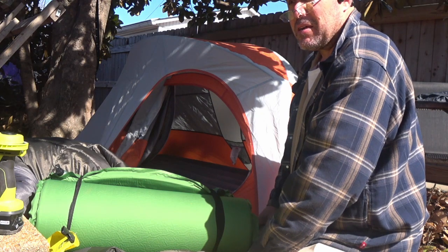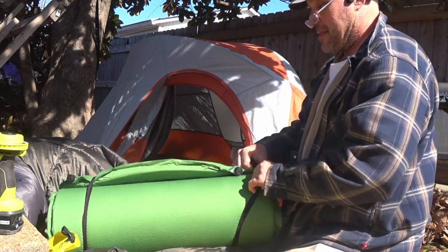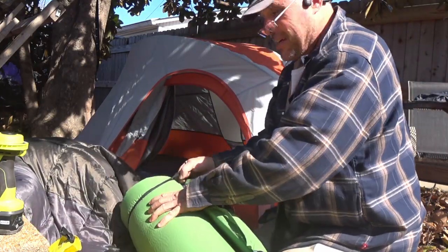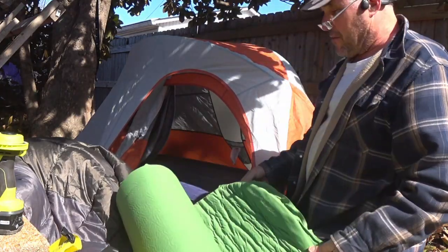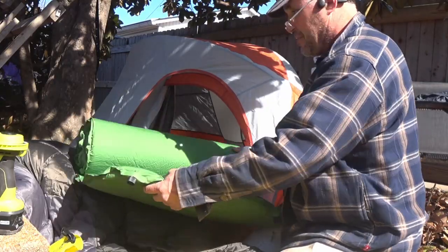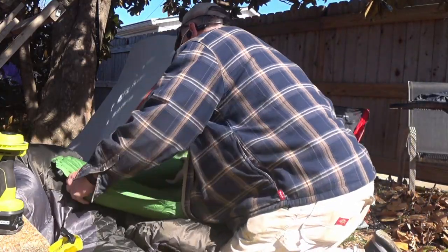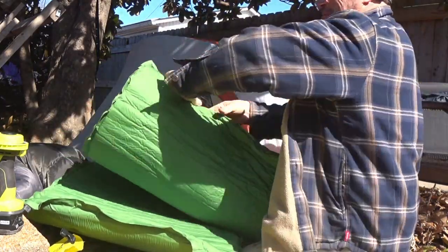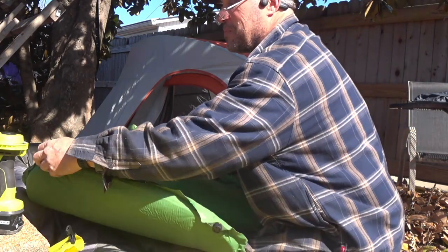2 inches doesn't work. 4 inches doesn't work. So I picked this one up on Walmart, and I'll put the links to everything I have in the comment section. But this one is full of memory foam. It's self-inflating, and all you have to do is roll it out. It won't roll out, but you roll it out. Oh, that's why it won't roll out. You got to open up the valves,